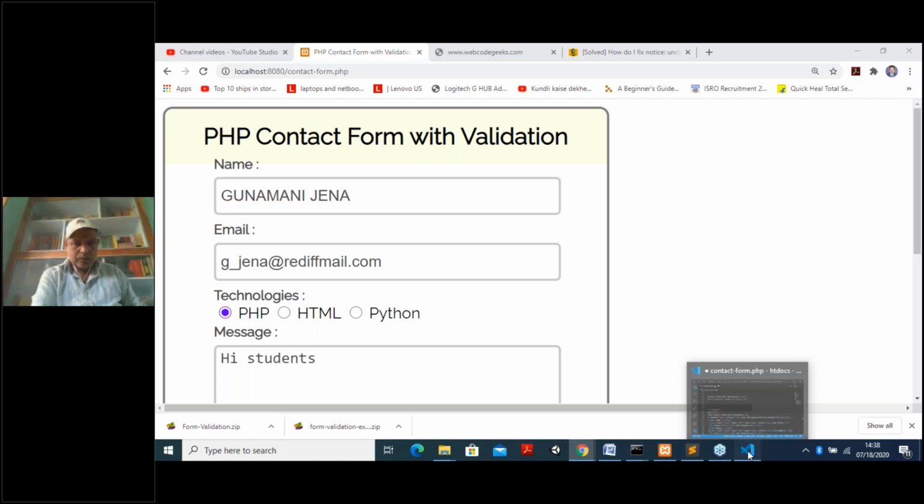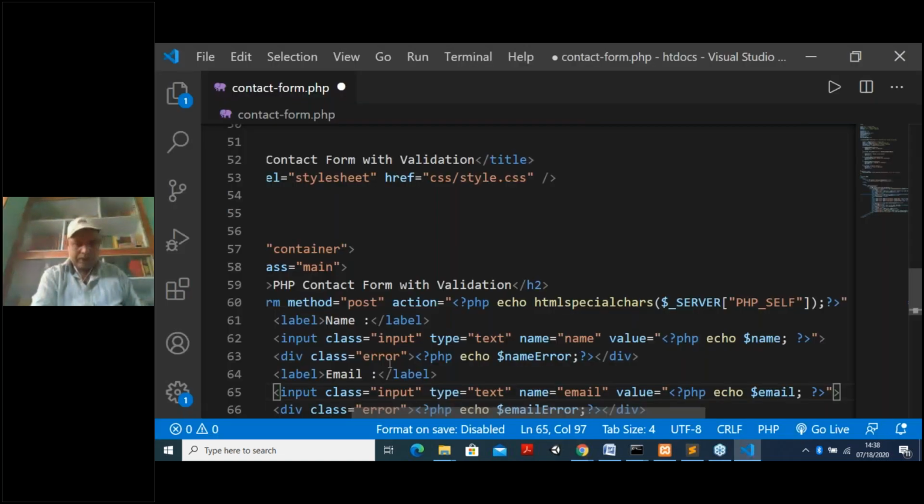Similarly, I am going for the div. I am creating class is equal to error because two things are there. First, you are creating one label and the input text box to enter the data. Now, while you are going for these validations, it has to check, go for the validation, and if any error message is there, then it has to display. For that, I am using div class equal to error. Two classes here: input and here is the error. The error and PHP echo $name_error. Okay, $name_error, that is the thing.